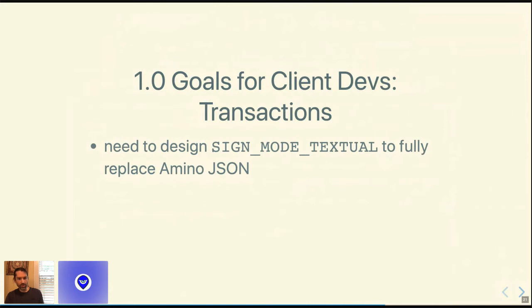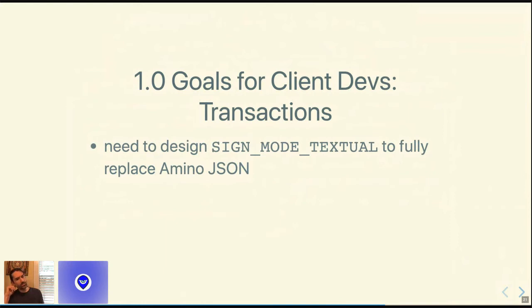Another important area for client developers is there are some more things we have to do around transactions. In particular, we need to implement what's called sign mode textual to replace amino.json. The legacy signing mode, which uses the amino.json serialization, is still mostly supported in Stargate, although IBC isn't supported at all.